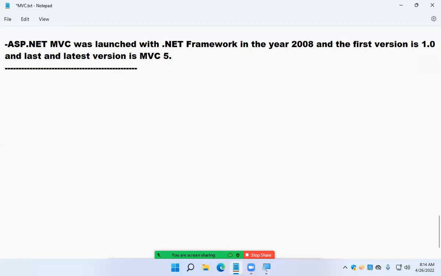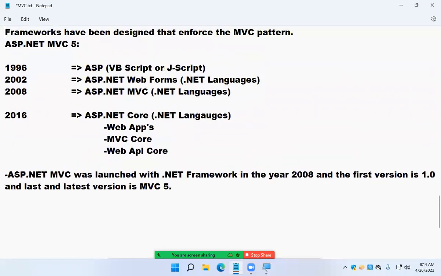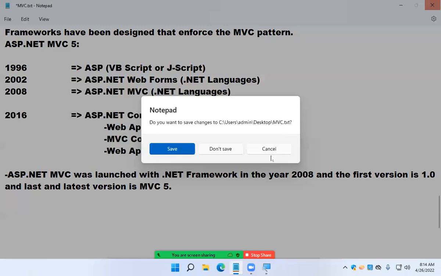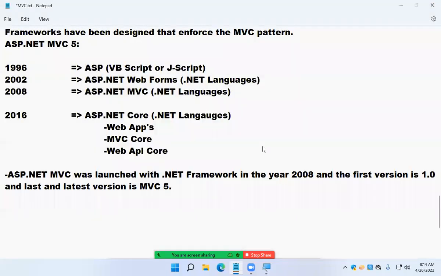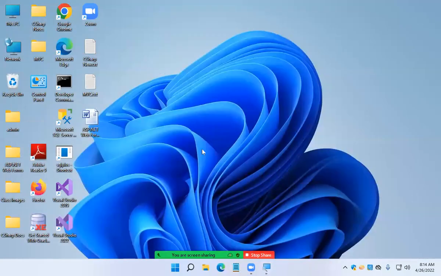Fine. So now let's see how to create an MVC application. Guys, once you install Visual Studio on your machines, everything is set and ready.